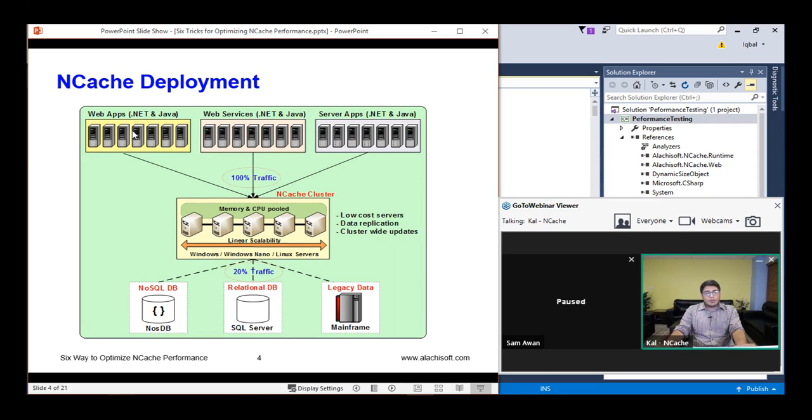So what your applications are doing is they're making Encache the sole source of data. All their requests to get data, or even some sort of processing, are done directly on the cache. And if the cache does not have it, using those data access layer providers, it can actually get it from backend data sources. So this is what it is doing within your environment.